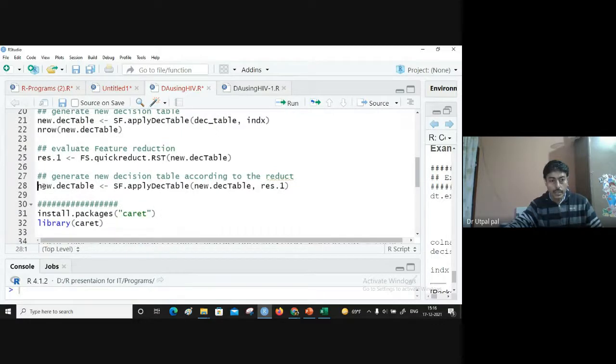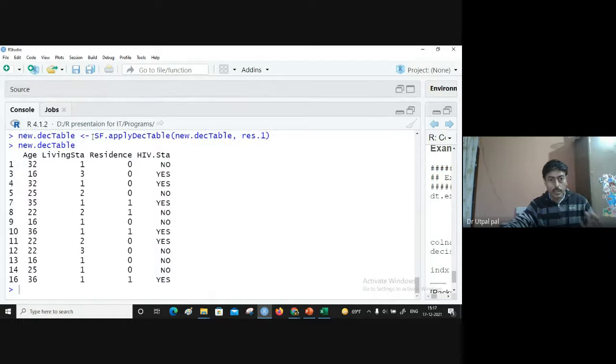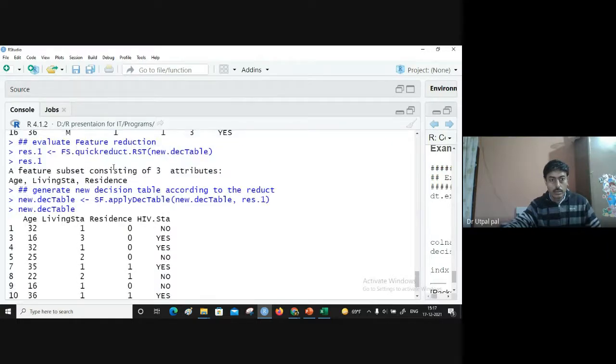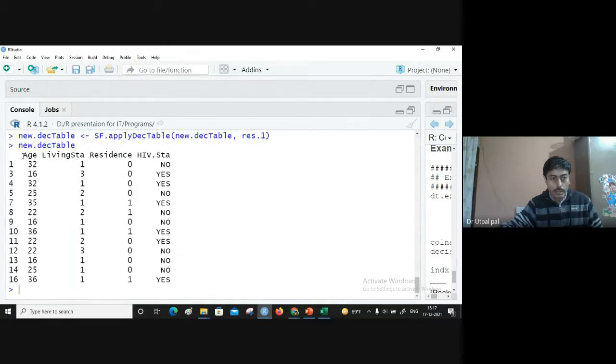Now after reduction, let us see the reduced table. That quick reduct function has eliminated some of the attributes, and after that the remaining table is like this. We have age, living status, residence, and the decision column.